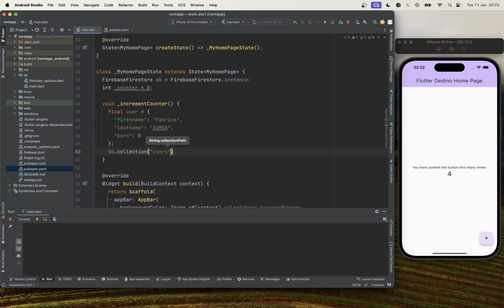The collection, or let's call it user. And we are going to add new user. And the user that we are going to add is this one that we just defined there. And then once we create it,